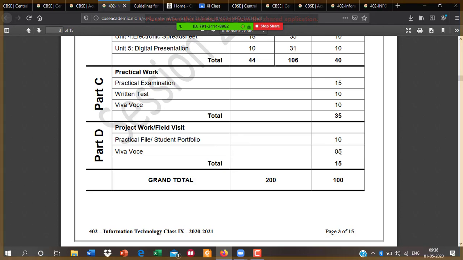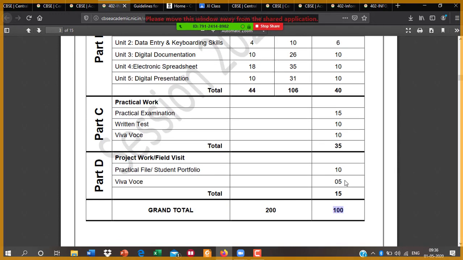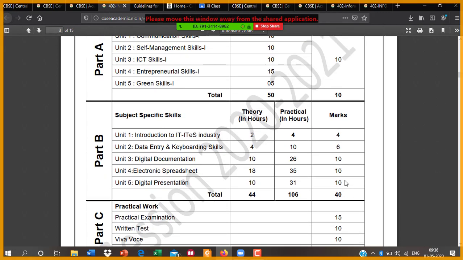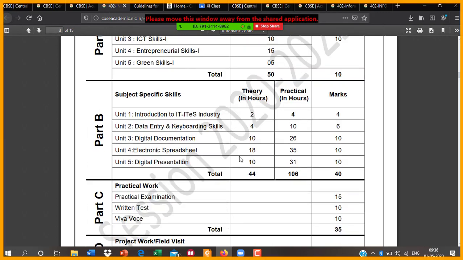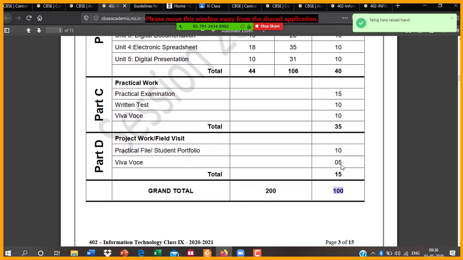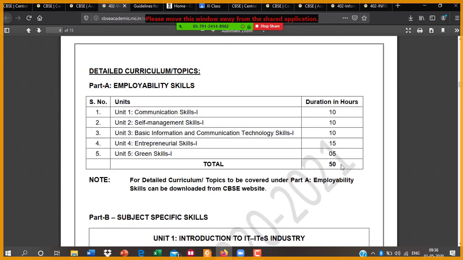Viva is 5 marks. It makes 15. So altogether the total makes 100 marks. So this is the marking scheme of your curriculum. This part B has good weightage of marks. And now discuss the detailed syllabus.